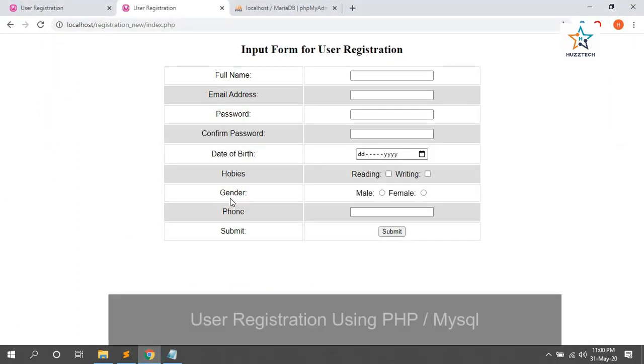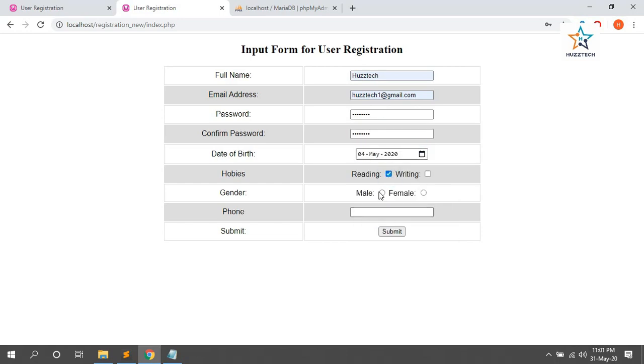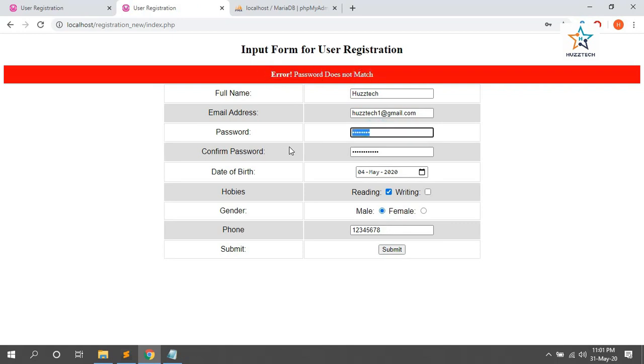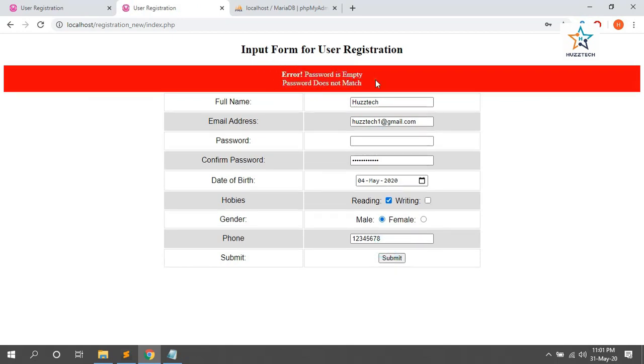In my video today, I will tell you how to do user registration, as you want to register users in your website. As it happens on different websites, the user fills a form and gives basic data such as name, email, password. Then he gives date of birth and phone, etc. Different validation checks are applied in it, and if any compulsory field remains unfilled, the system will not allow the form to be submitted, and it will also show an error message.